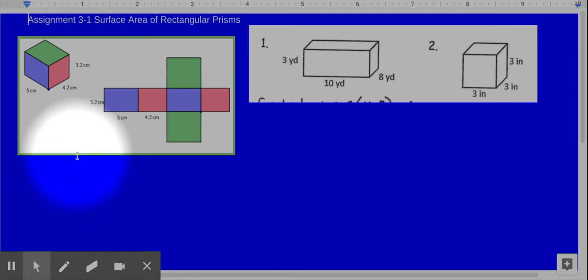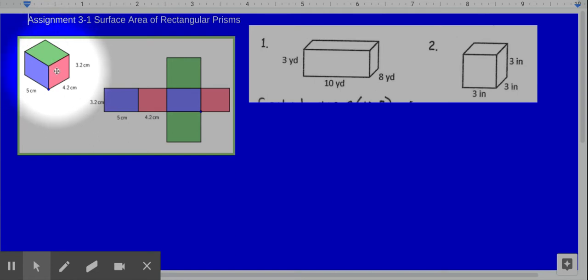Okay, in assignment 3-1, we are asked to find the surface area of rectangular prisms. So I included this little illustration here just so we're clear about what surface area means. Surface area is the area of each side of a shape. We're not thinking about what's inside, the space inside of the shape. So for example, if somebody asked you to build this